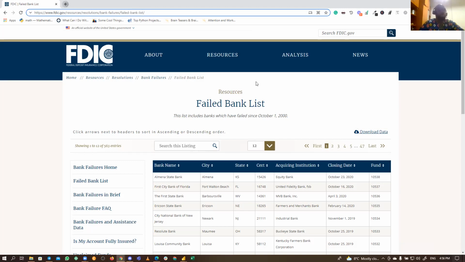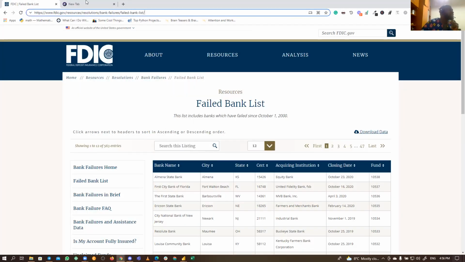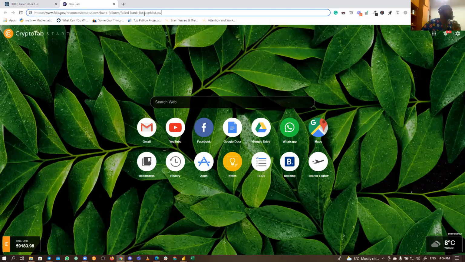But when I copy and paste, this is what we have. You can see the difference. It is now being specific, and it is saying failed bank list, /bank list.csv. So this is a file now. Do you understand what I'm trying to say?